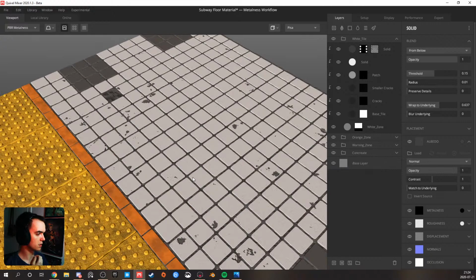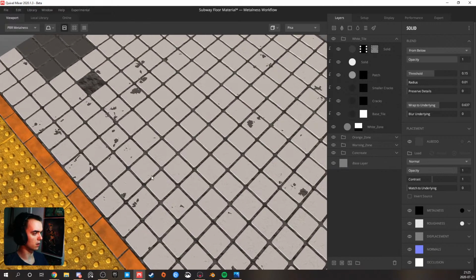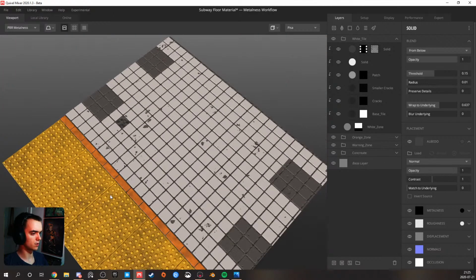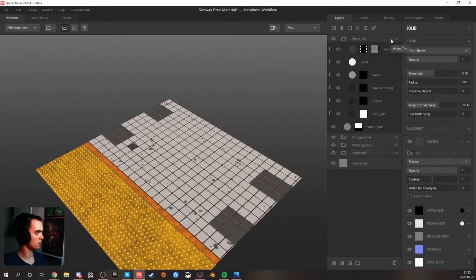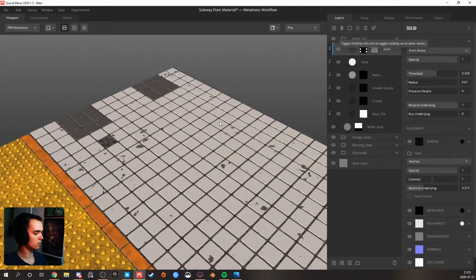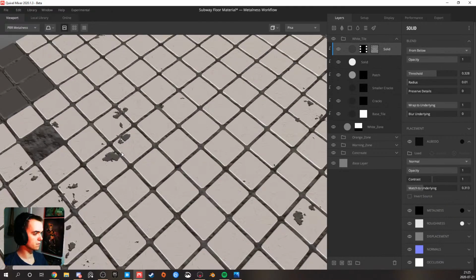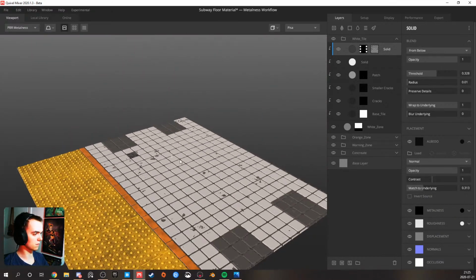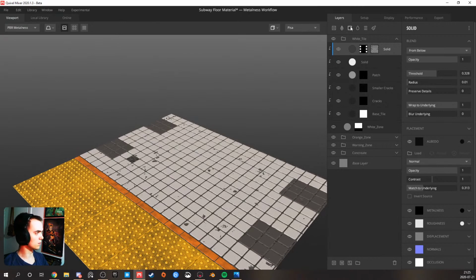We didn't touch it. And now we're doing the orange zone, that's done. Now the white tile. Right, so what I will do is